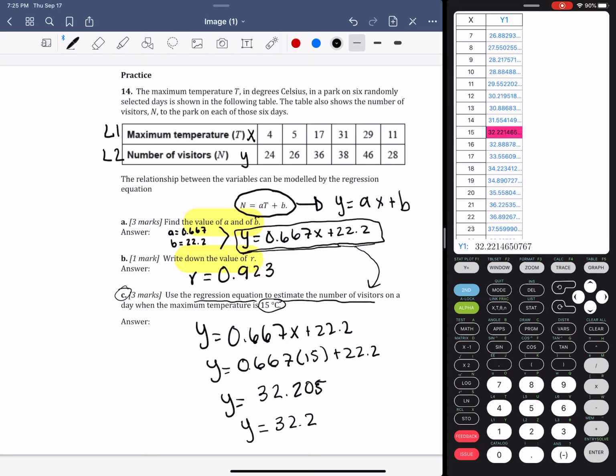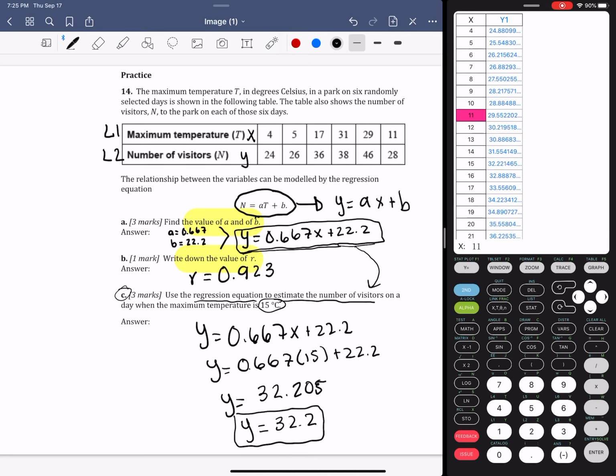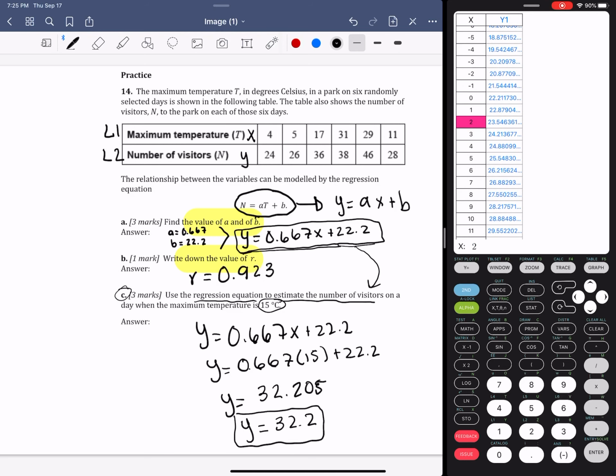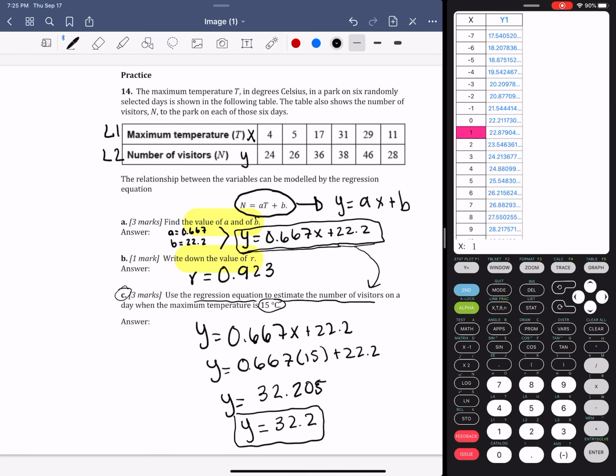But if I want 3 significant figures, that will match our answer that we used over here, 32.2. Okay, so this is another way where you can find your answers. If you are not feeling sure about how to do it by hand, there's another